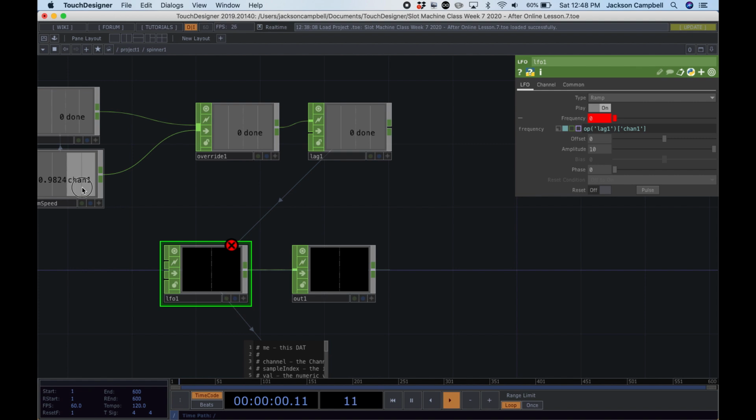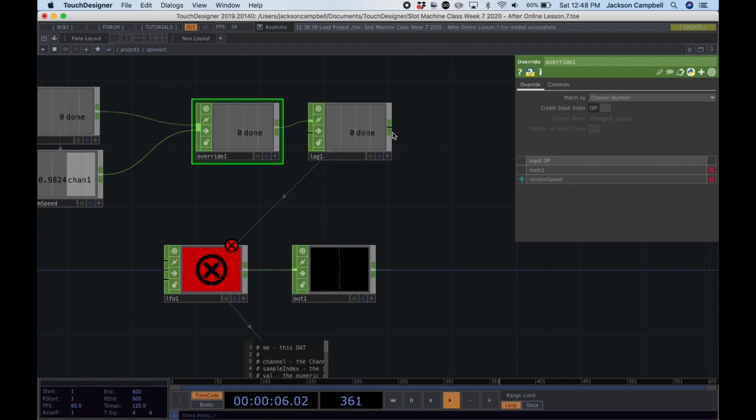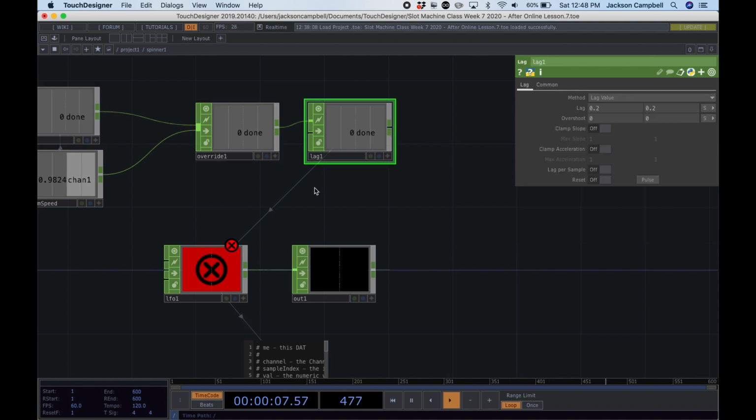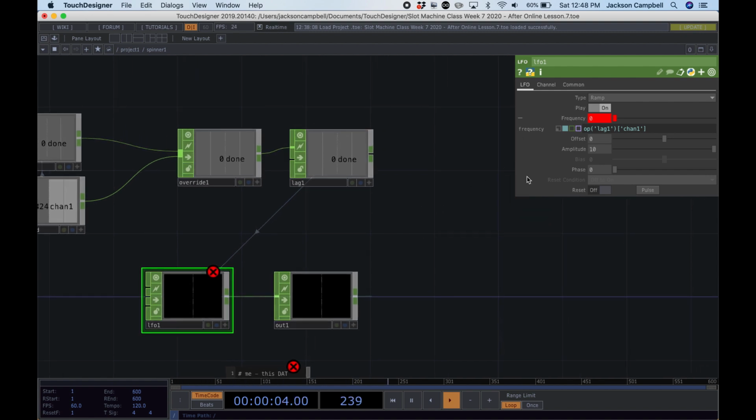See, this is called chan1. This channel is called done, and so now this override says done, the lag says done, and the LFO is looking for the word done, and it can't find it, so it doesn't know what's going on. So we could either change this to done,